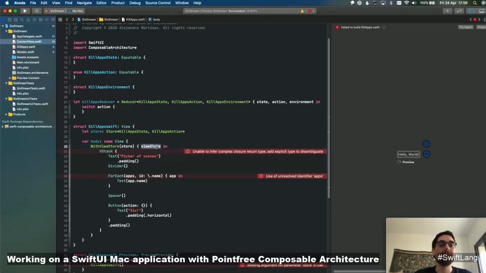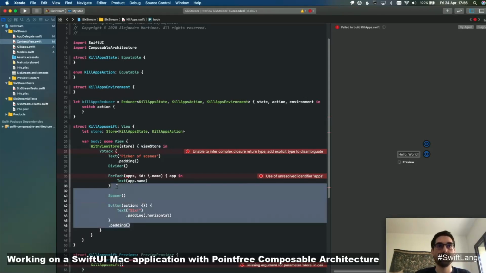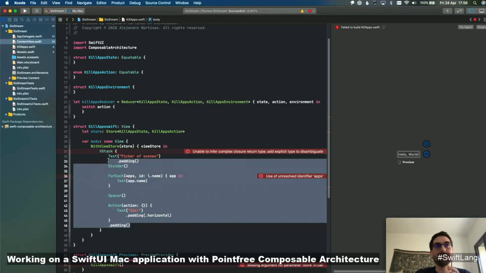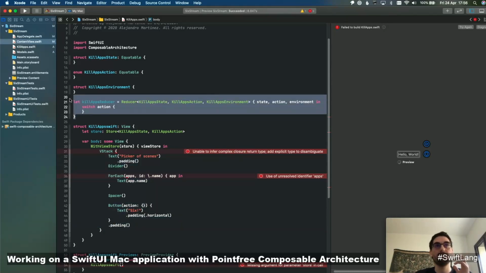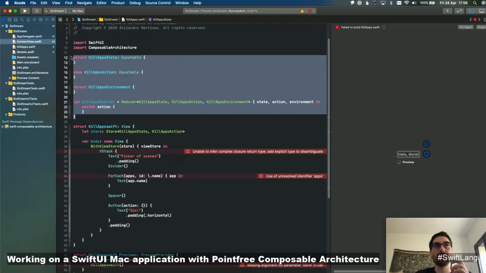But if you want to go the extra mile, I'm pretty sure you can actually customize each view store to be tailored to the view. So you can map the state of the reducer, your business logic state, to your view state if you want to map that. I haven't used that yet,